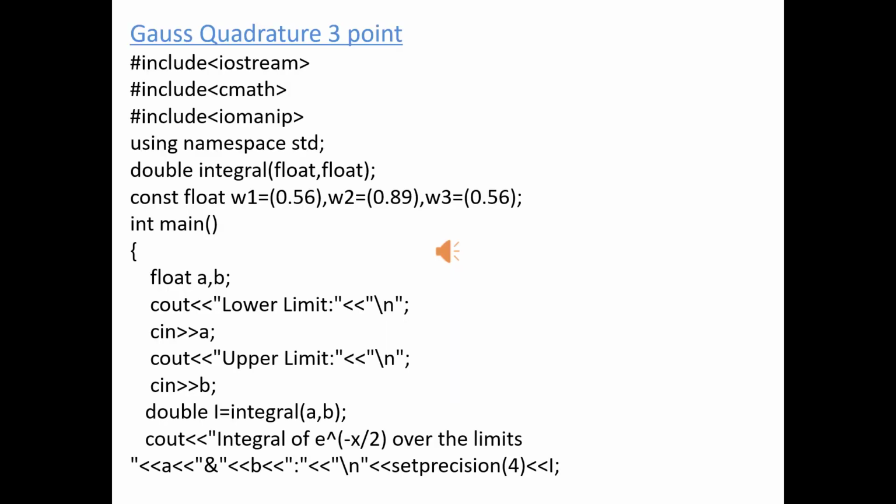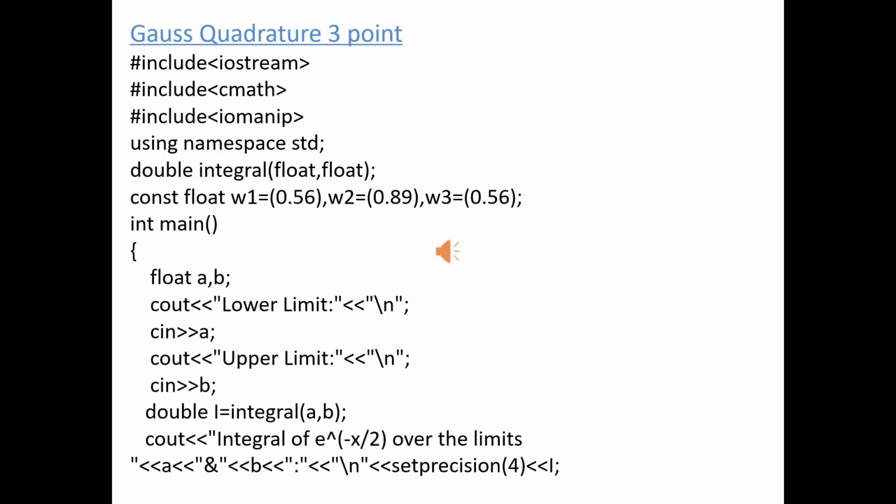Next we are going to explain about the program for the Gauss quadrature 3-point. First of all, we are including the iostream header file, which is used for the input and output function. Next we are including the cmath header file, which is used for the mathematical functions. Next we are including the iomanip header file, which is used for the setprecision function. Then using namespace std;